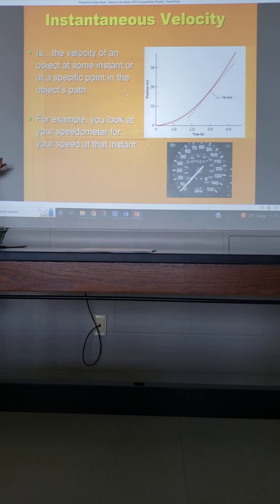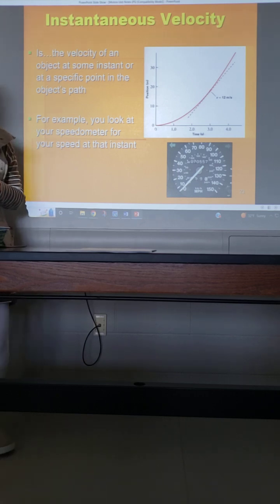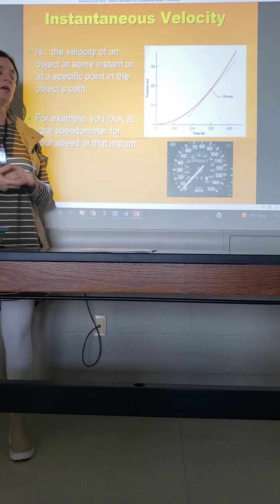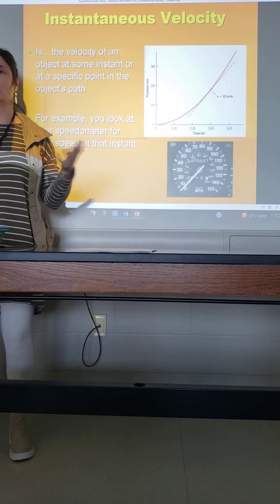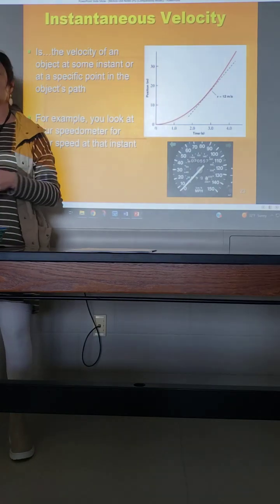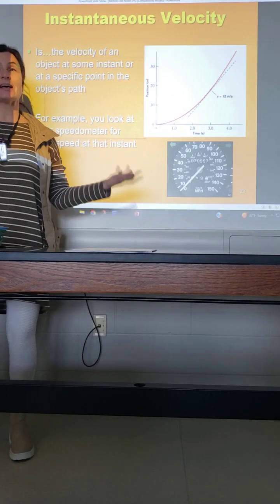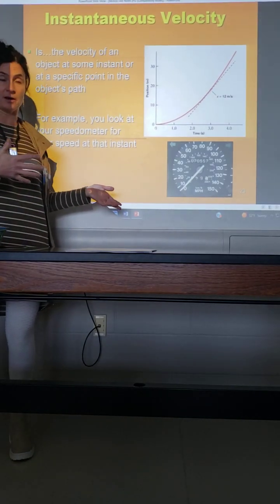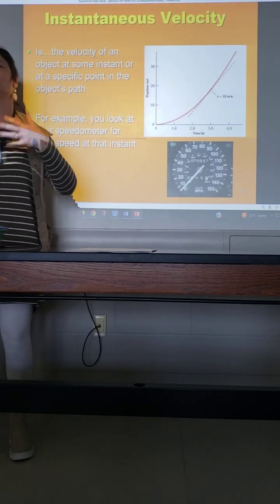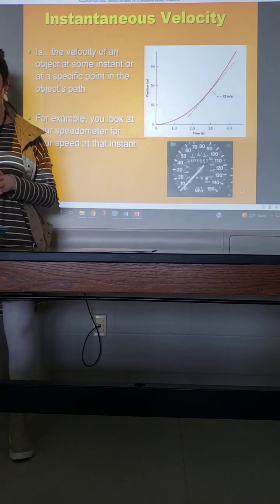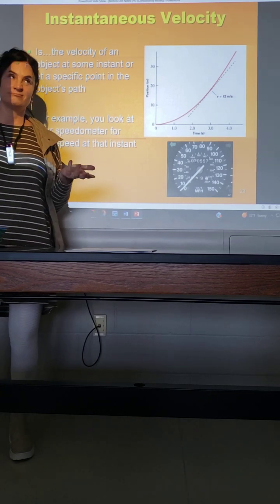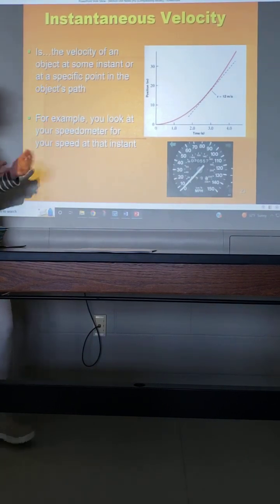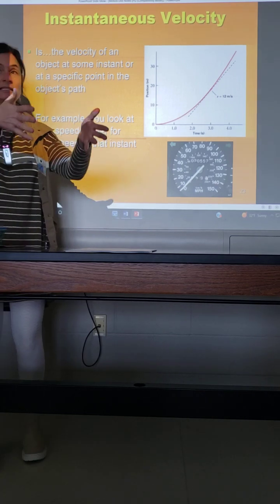In real life, it's like looking at your speedometer, or if a cop has a radar gun pointed at me and I'm speeding, well, that's my instantaneous speed. I could say, officer, I've been on a 1,000-mile trip. I wasn't speeding before you got me with the radar gun, and I won't be speeding after. It was just at that one moment. Do you think I'm going to talk my way out of the ticket? Probably not. Hopefully, maybe, I could try,